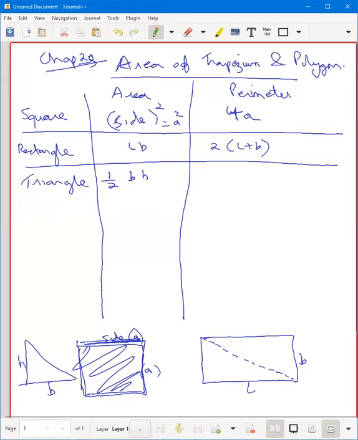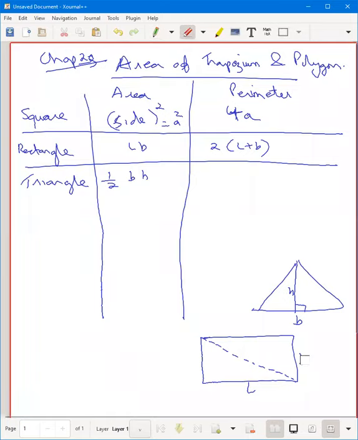So if I have a triangle, you know the height is from the opposite vertex at a 90-degree angle. This is the height into the base and into half of it. Okay. And what will be the perimeter of a triangle? Any idea, anyone? So addition of all 3 sides. Just add the 3 sides.